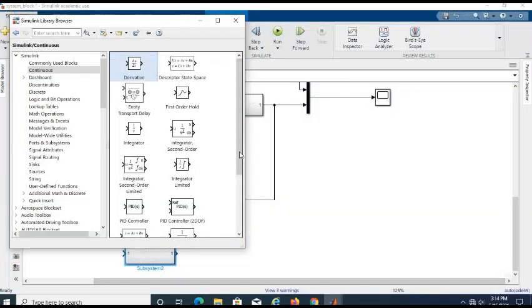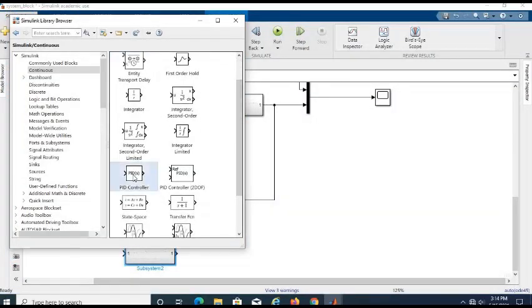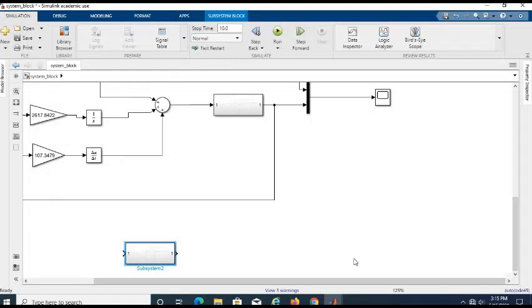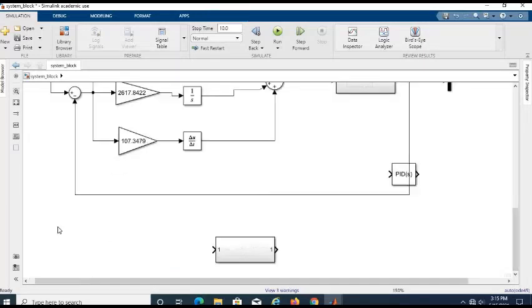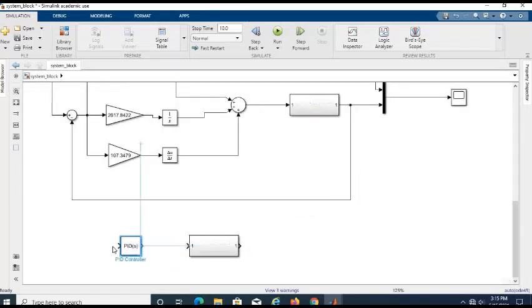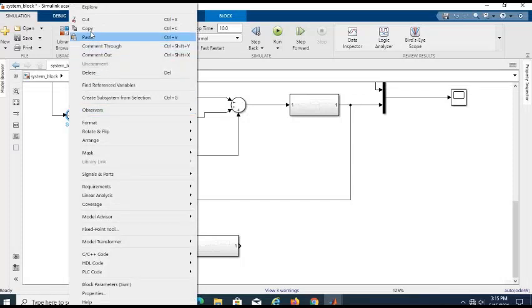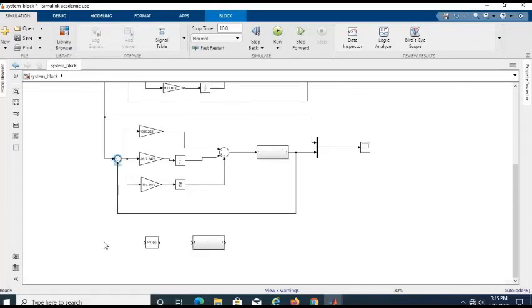Okay, there is the PID. We add here, we need this copy.